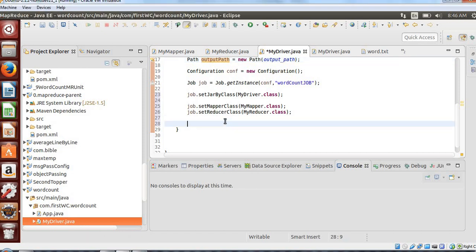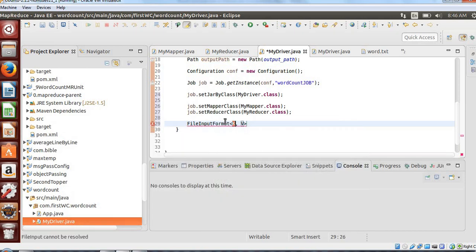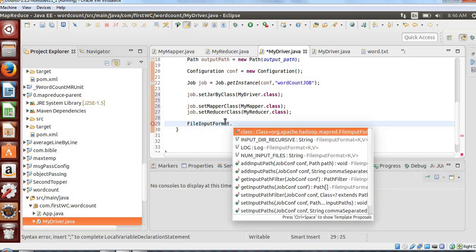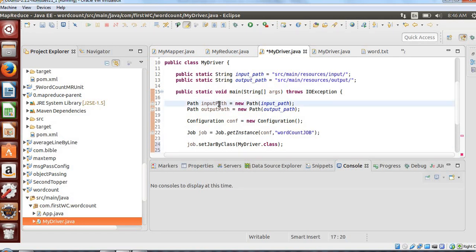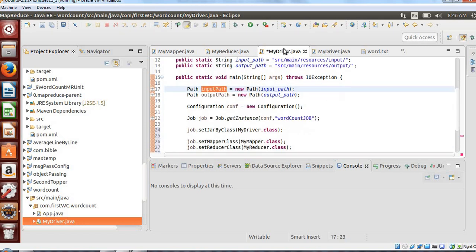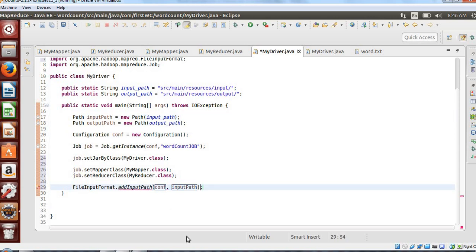I'll say file input format dot add input path. It is looking for the configuration, that is fine, and the input path is looking for the path class. So the path class is your input path. Just copy it. Let me extend this screen. We'll pass our input path here.